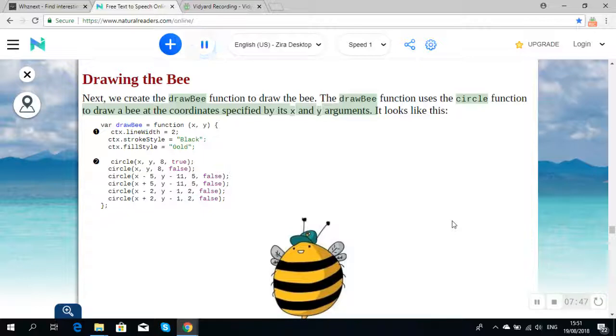drawBee. To draw a bee at the coordinates specified by its x and y arguments, it looks like this. var drawBee = function (x, y)